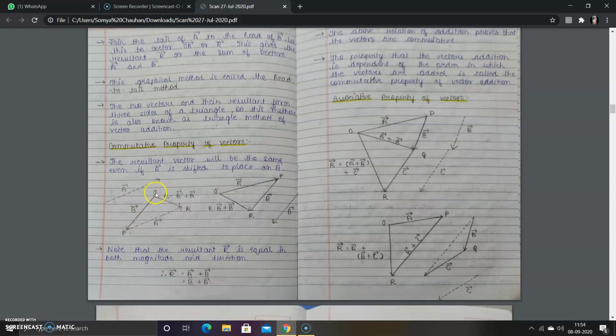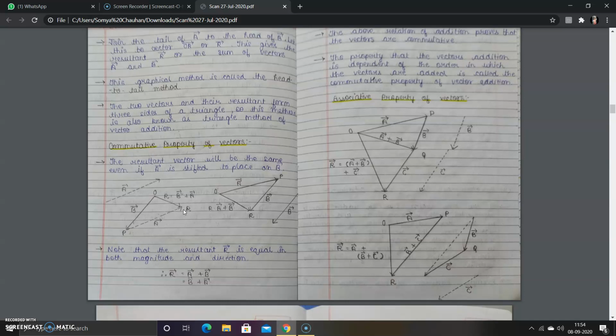Next, the term is how we can find out the resultant of the vectors b and a. So again the same situation which we have taken in the triangle of vector addition, that tail of first vector will coincide with the tail of the resultant vector, while the head of the final vector will coincide with the head of the resultant vector. So the resultant vector will give as O to R, that is b plus a.